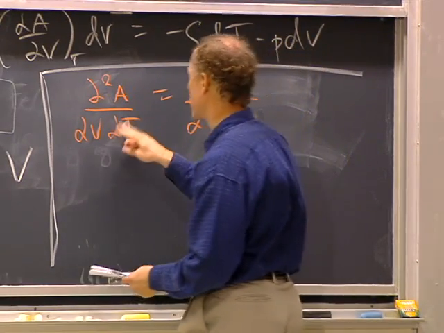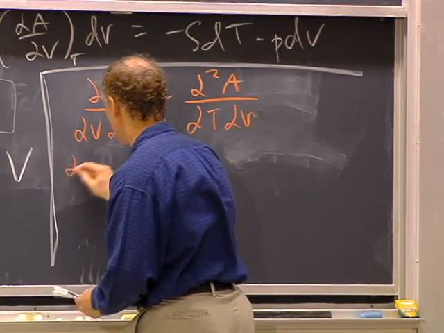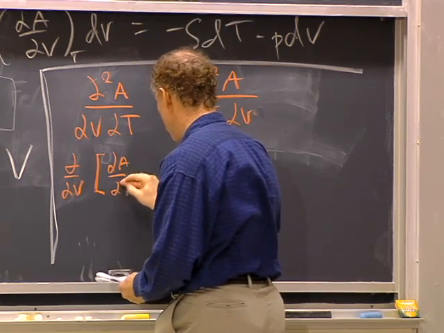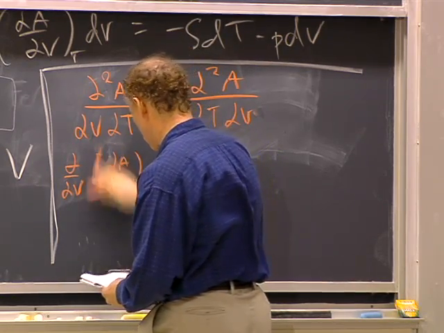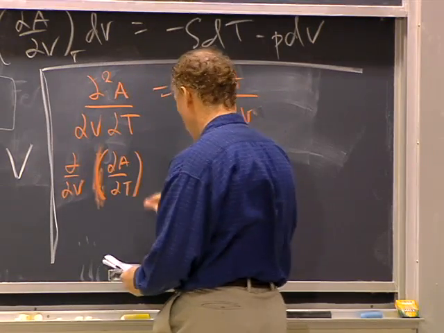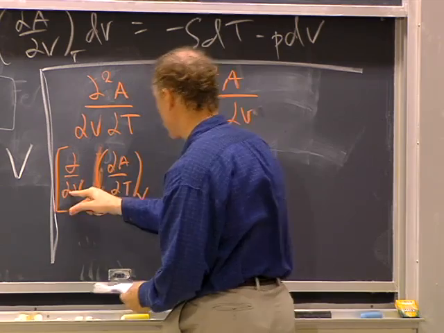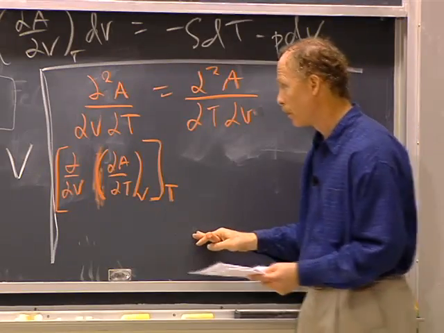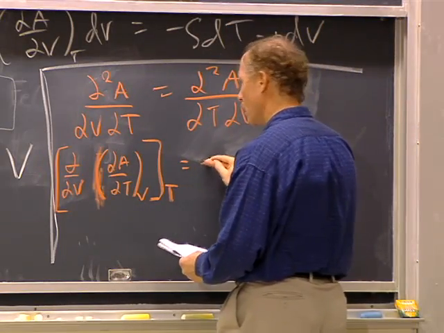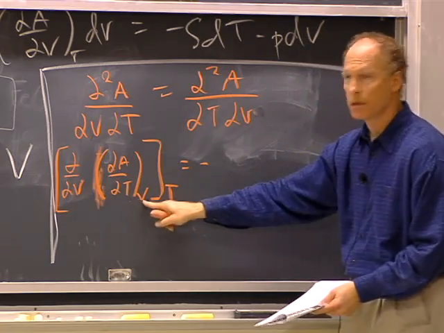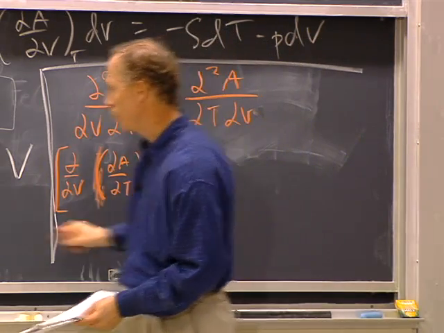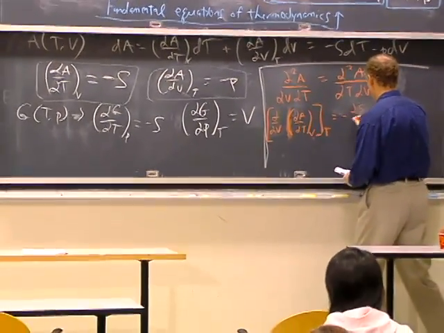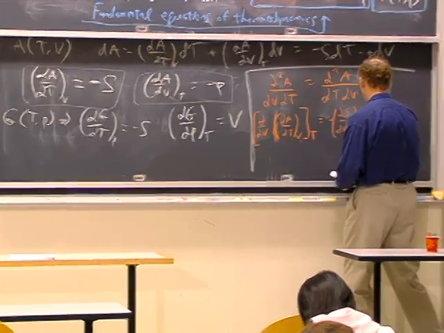So let's do this explicitly, which means we're going to take the derivative with respect to volume of dA/dT. Now the dA/dT is at constant volume. The derivative we're taking it with respect to volume, when we take that, it's at constant temperature. Okay? But what is it? Well, we already know what dA/dT at constant V is. It's negative S, right? So this is negative dS/dV at constant temperature,